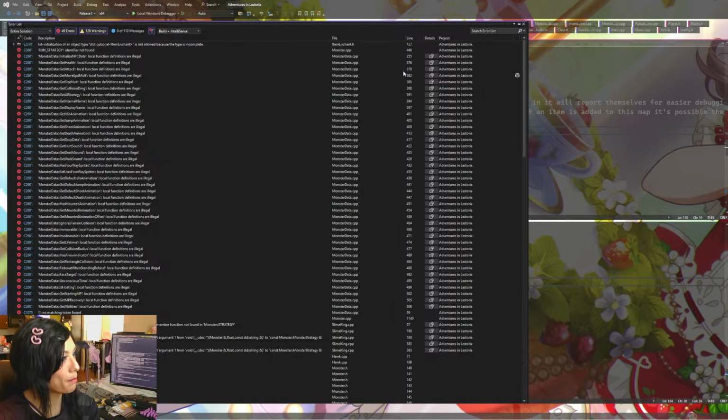But the safe map.h error is gone. Run strategy is not an identifier that is found though, which, yeah, this is old, so now we call m.run strategy, or in this case I think it's just, we're in monster right now, so it's just run strategy with the original strategy name.